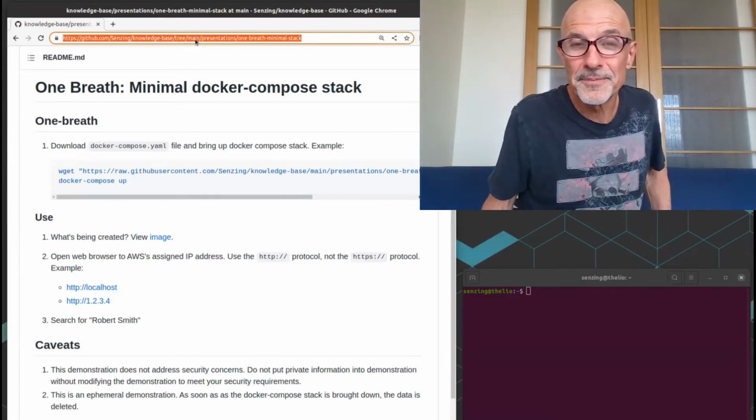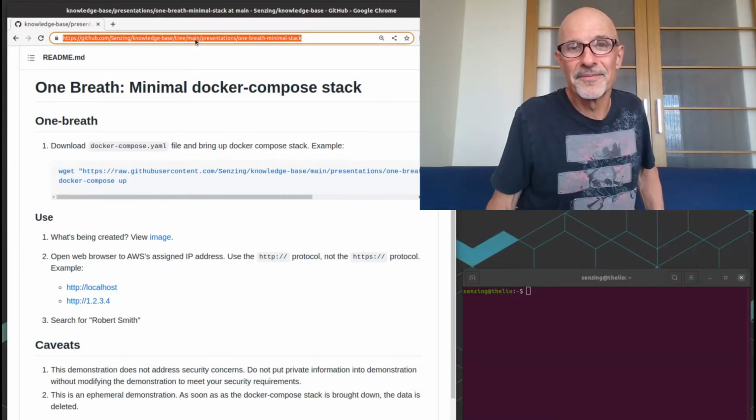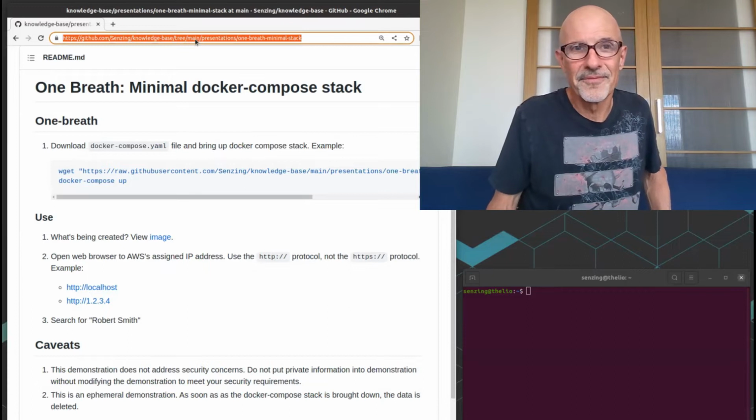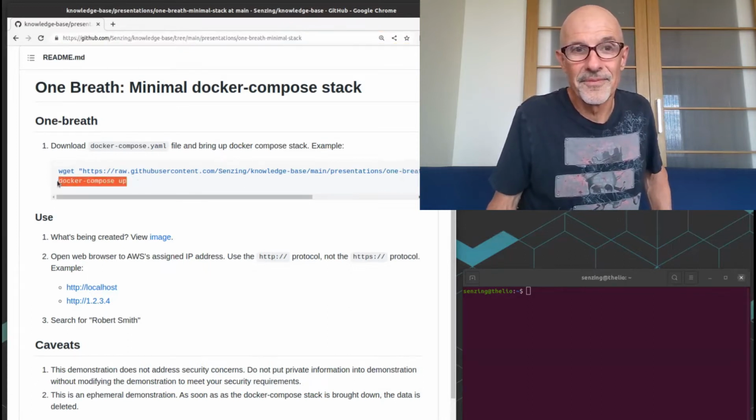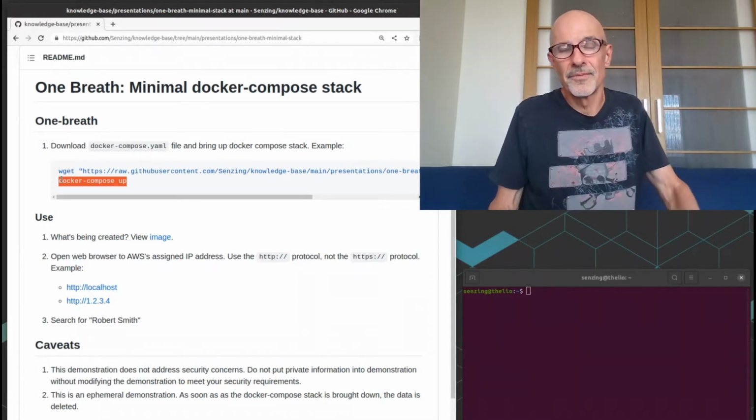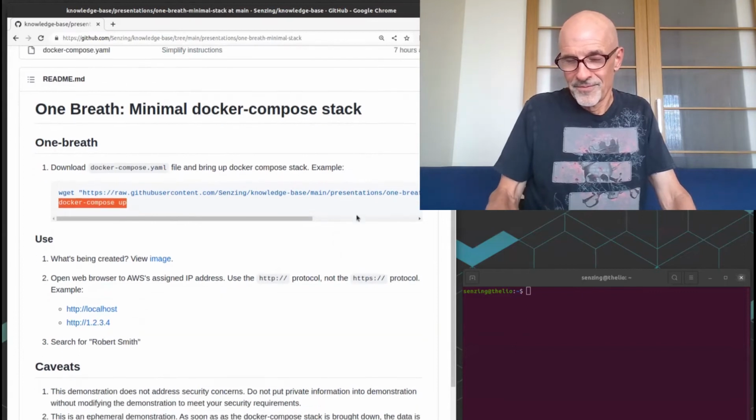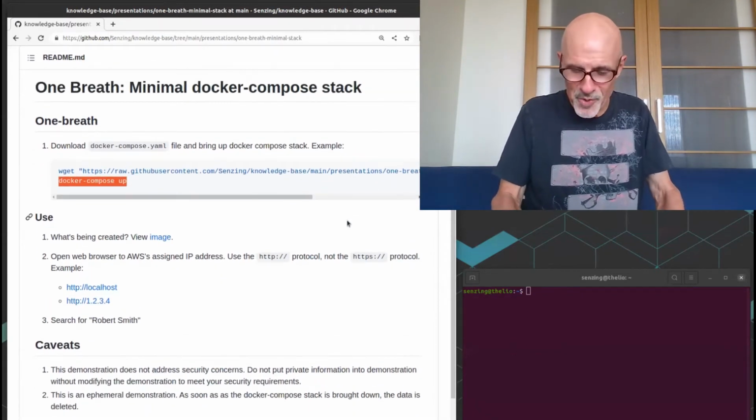I was going to say, by the way, other folks can try this. It's at a publicly available URL. Your times may be different than what you're seeing here because once you run Docker Compose the first time, it caches all the images. And so the amount of time for downloading is going to vary among people. In this particular demo, I've run it once, so everything is cached. Just want to be open about that. And you get to see how long it takes just to bring up the stack. That's the important part, really. Are you all ready? I am. Give me a three, two, one.